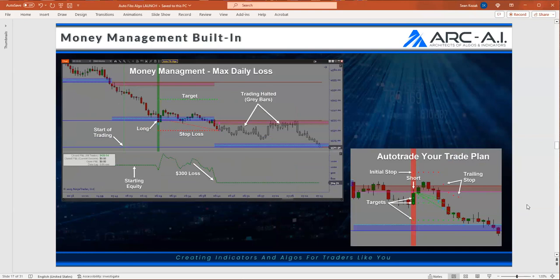For those of you that are new in here that don't know that, we have the ability to stop trading after you've reached your targets and goals. You'll get a pop-up that'll tell you, hey, you can't be trading anymore. You've hit your max loss or you've hit your goal, stop. Like we have that, and you'll see that the bars will gray out. That's the way that the software is designed. You can scale out multiple exits and trailing stops and targets, which is a really big feature for trade management.